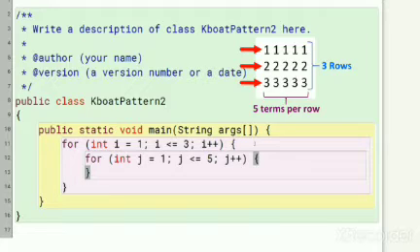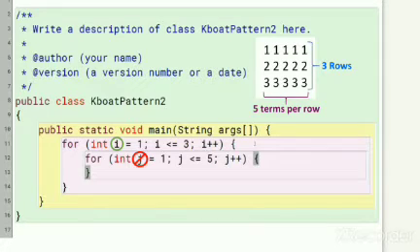First row has 5 ones, second row has 5 twos, third row has 5 threes. This means that whatever variable we need to print inside the inner loop should not change its value in the inner loop, but should increment with each iteration of the outer loop. We have two variables currently in our program, i and j. We cannot use j as it is incrementing with each iteration of the inner loop.